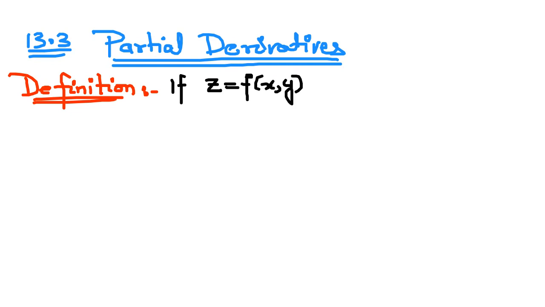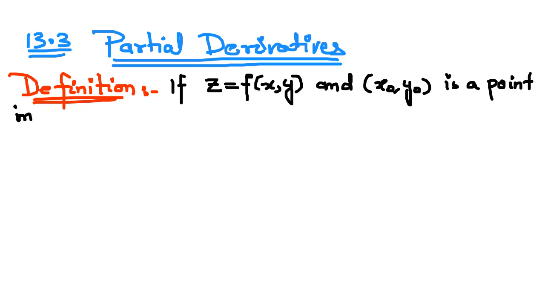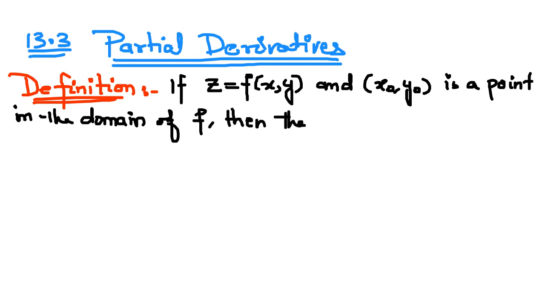Here we take a function of two variables, x and y, and x naught and y naught is a point in the domain of function f. Then the partial derivative